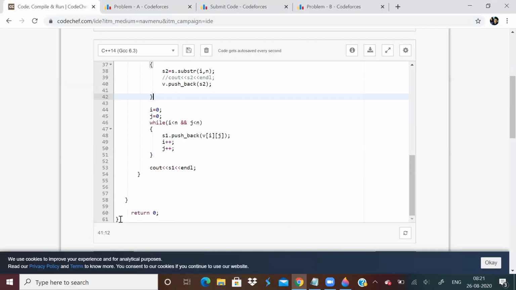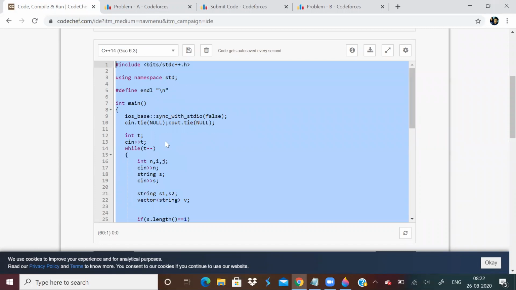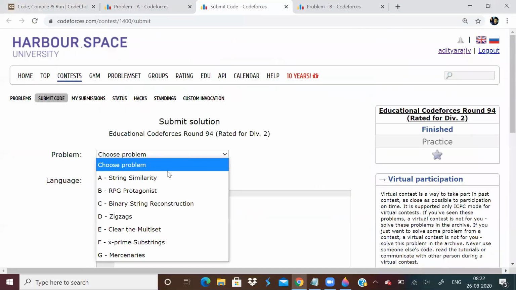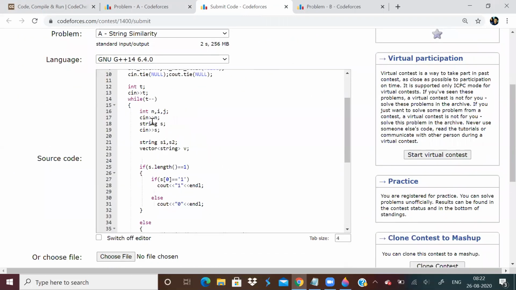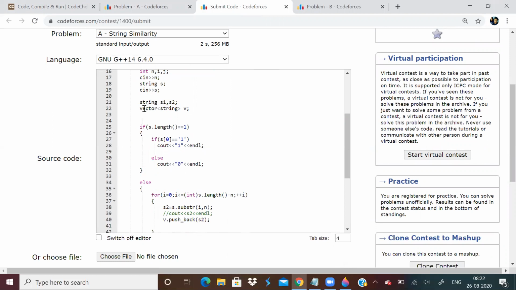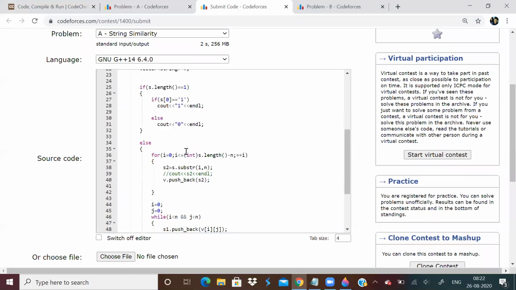This is the code I wrote. I'm taking the input n and the input string s. I have a vector of strings, and I am going to store every substring of length n in this vector.